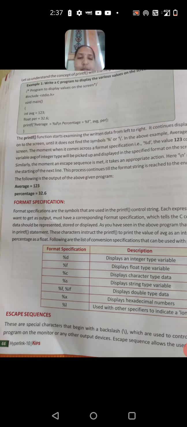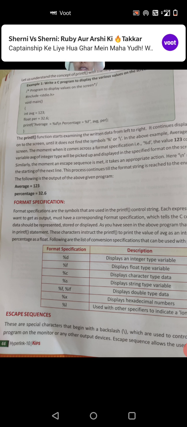Okay, it will display as shown in the descriptions. These specifications we use in writing a C program.